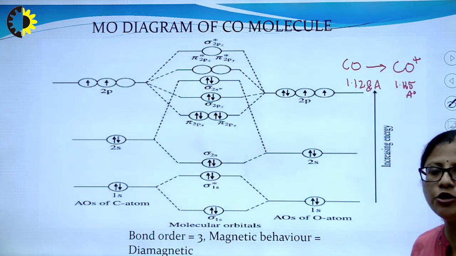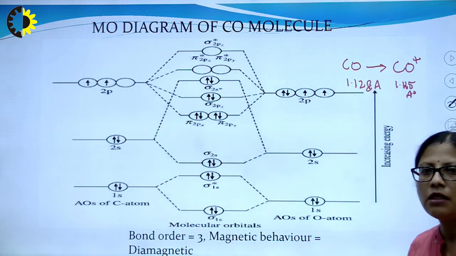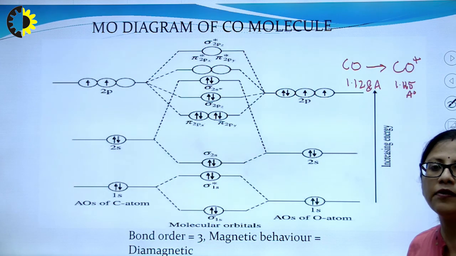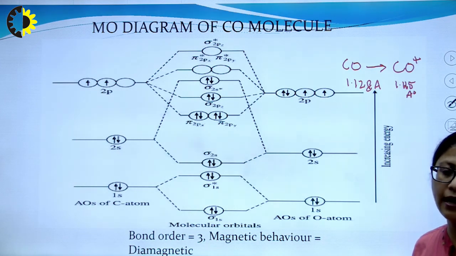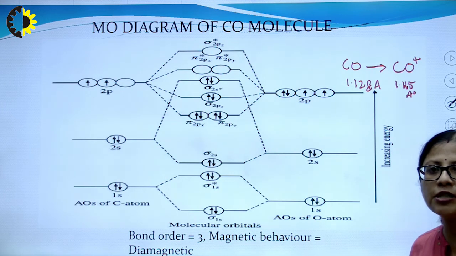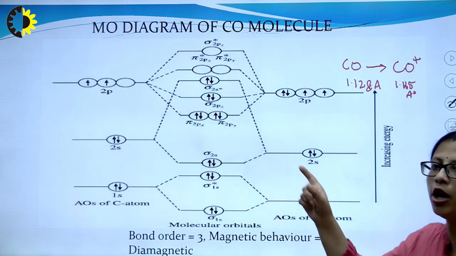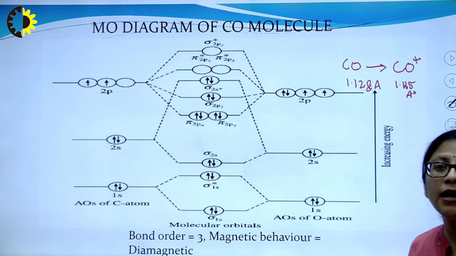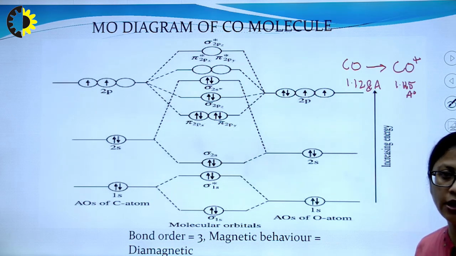So, on conversion of CO to CO plus, there is an appreciable decrease in the bond length, which indicates that the electron which is getting removed from the CO molecule should be a high energy electron,